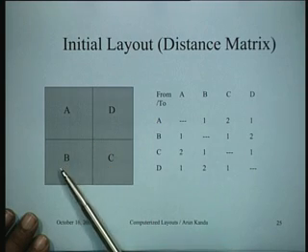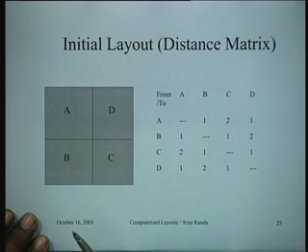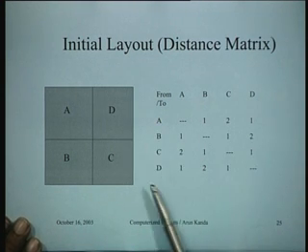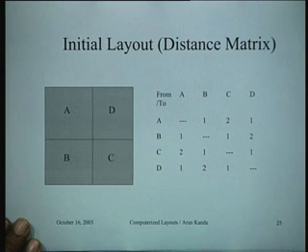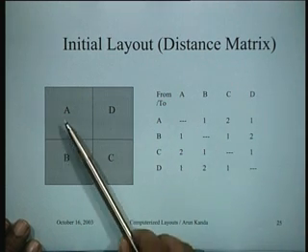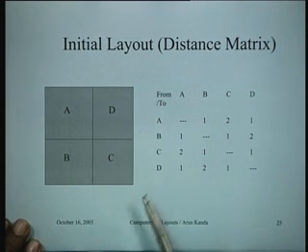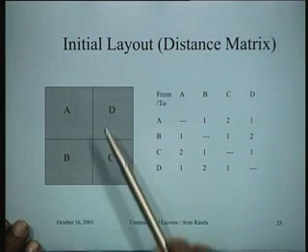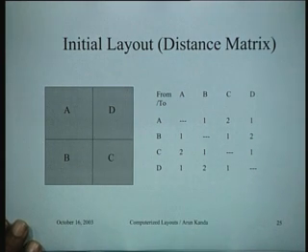Now, for the initial layout, what did we have for the initial layout? We said that our initial layout is the 4 departments placed A, B, C and D, like this. So this was the distance matrix for that particular layout, right? For instance, between A to C there is a distance of 2, similarly B to D is a distance of 2, C to A is a distance of 2, and D to B is also a distance of 2, all others are 1.